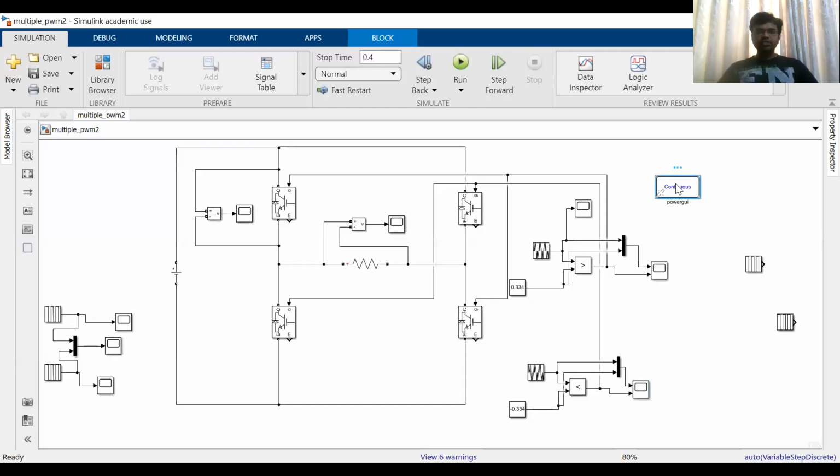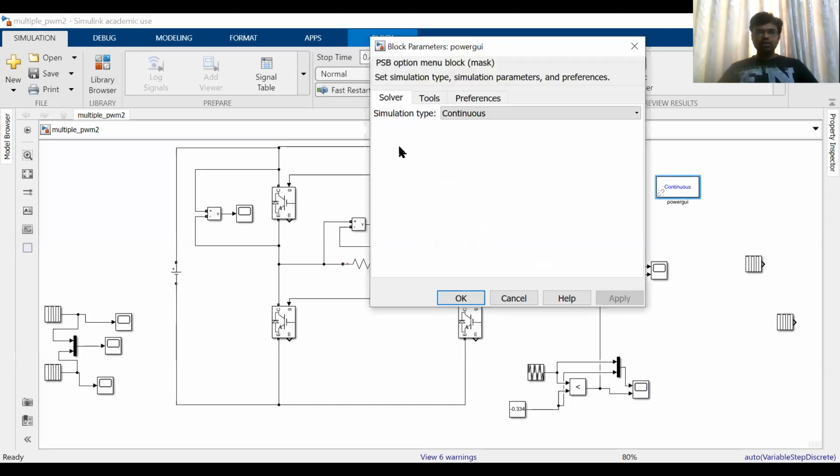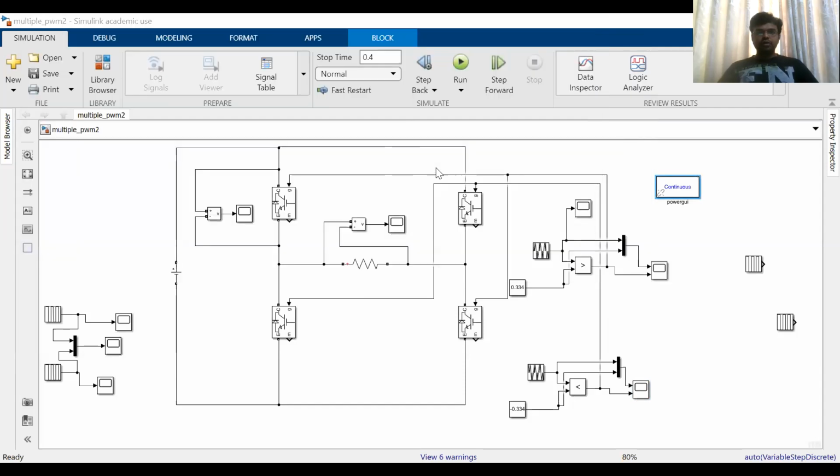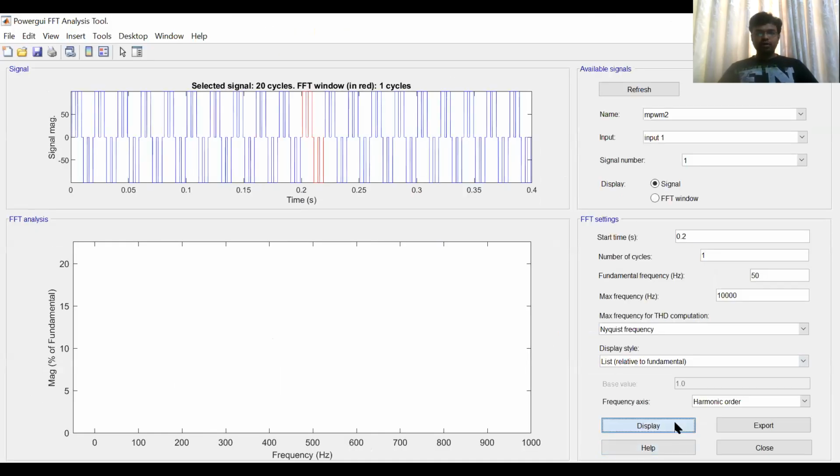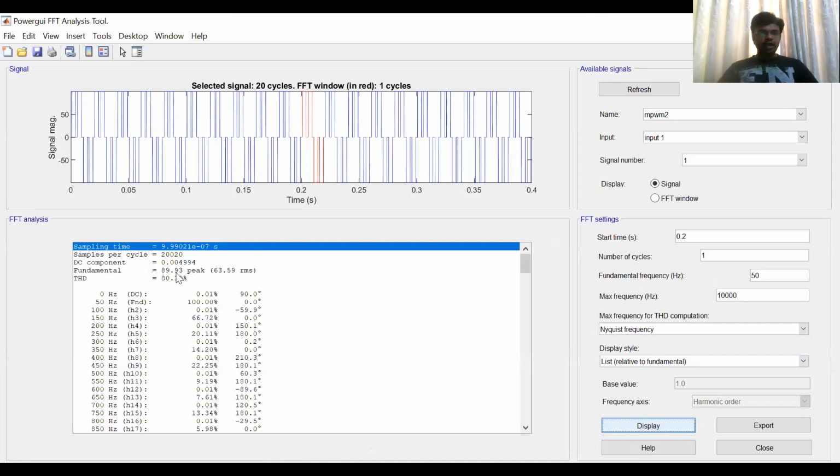Before going to the four pulses, this is how I have calculated the THD. This is the THD we have to observe. The fundamental is 89.93, 90.06 we got, and these are the third, fifth and seventh harmonics. This is about the two pulses,